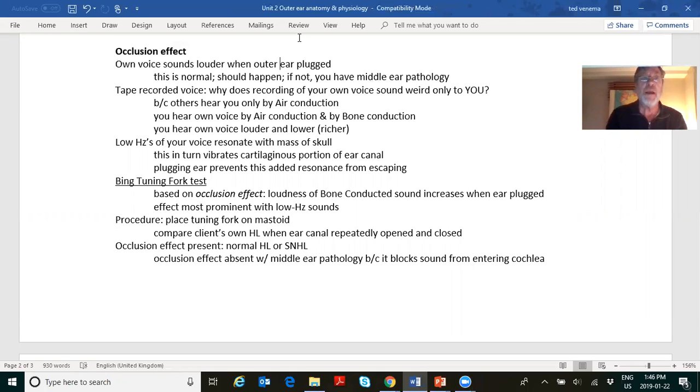But here you go. A tape-recorded voice. Have you ever listened to yourself on a recording? Does it sound like you? You're the only one that doesn't think so. Okay, everybody else thinks your voice sounds just like it does on the recording. You're the only one that doesn't like it. You know why? That's because you hear yourself by air